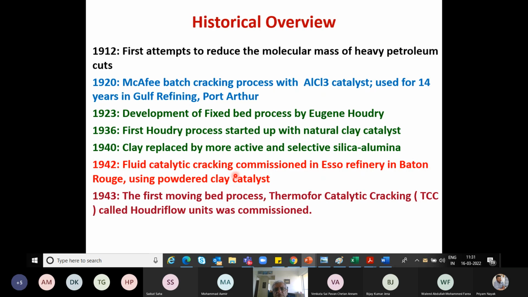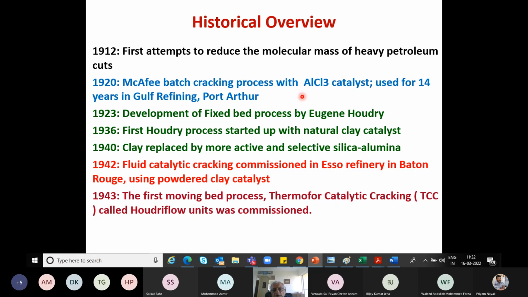In fact, the very first attempt was carried out way back in 1912, almost 100 years ago, where scientists tried to reduce the molecular mass of heavy petroleum products. Around 1920, French scientist McAfee introduced aluminum chloride as a catalyst in a batch cracking process to crack these heavier hydrocarbons. As you know, aluminum chloride is a highly acidic material, and you need acidity in terms of cracking the heavier molecules. So he virtually carried out a kind of a Friedel-Crafts reaction